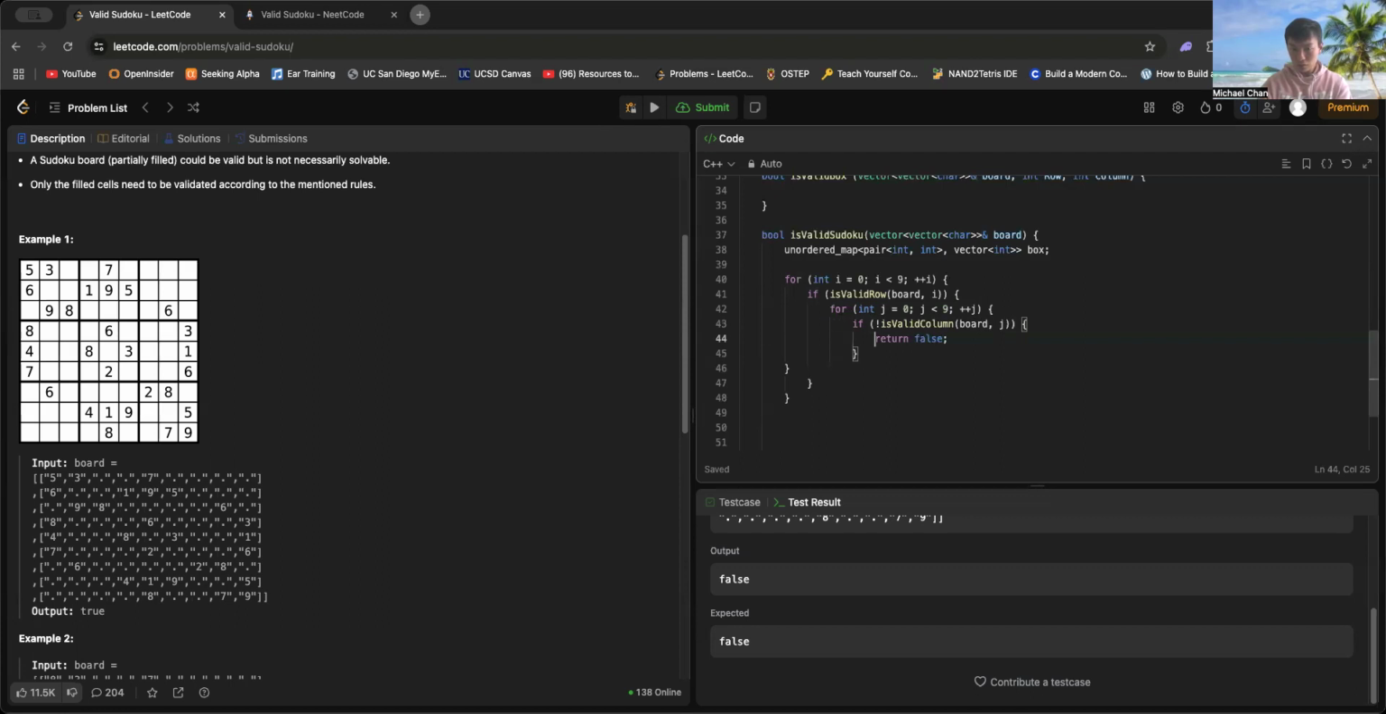What is going on? Right. If it is a valid row, then I'll check. And if it's not, then I return false. And then I'll check the J. And if it is a valid column, then I'll check something else. But if it's not, then I'll return false. If it is a valid box, then